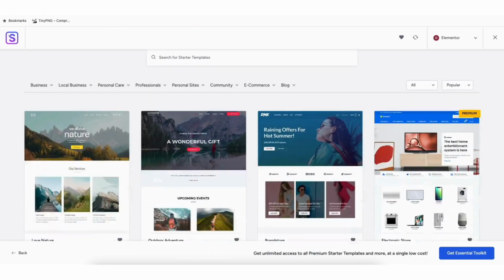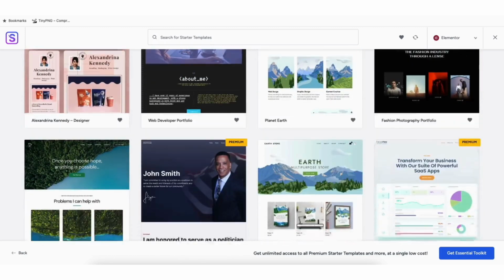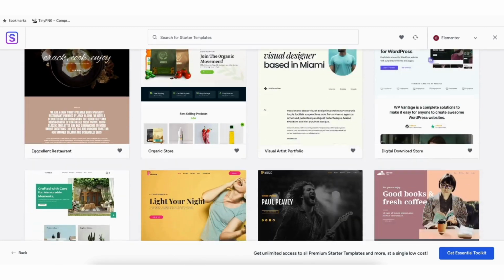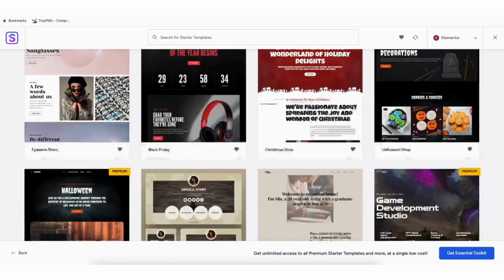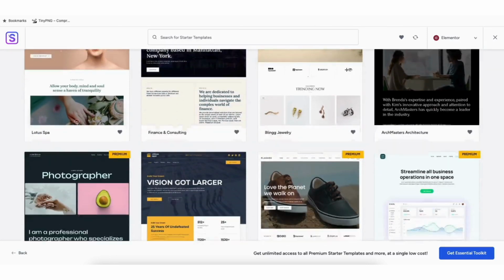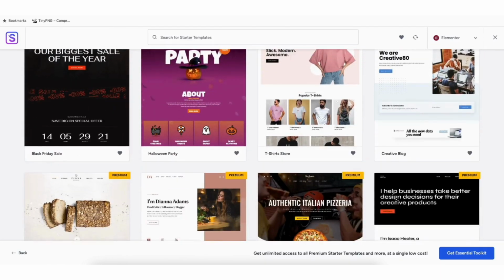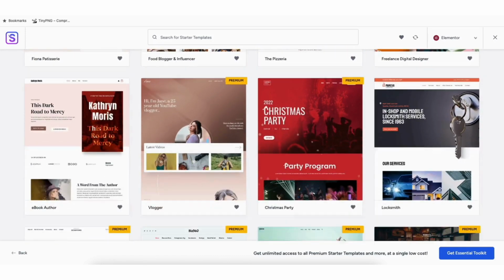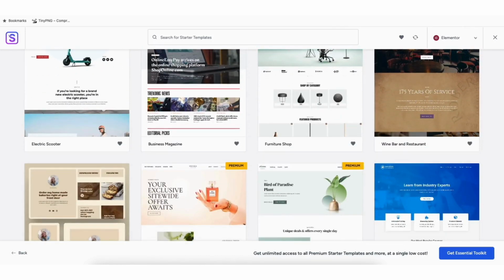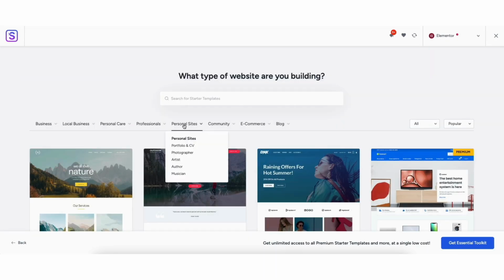Something I want to mention, any of the templates, no matter the category and what they are called, can be used for your author website. You can easily change and edit the templates to what you'd like when creating your WordPress site. Just find a template you like, and then you can start making it your own, no matter what category the template is in. If you hover over the Personal Sites category, from the drop-down, click Author.